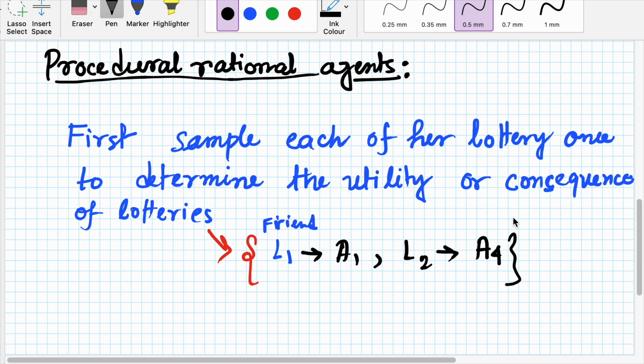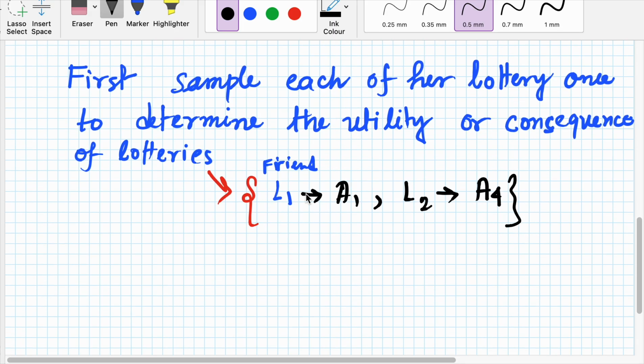Now the consequence: now she will associate the consequence A1 with lottery L1 and consequence A4 with L2 from